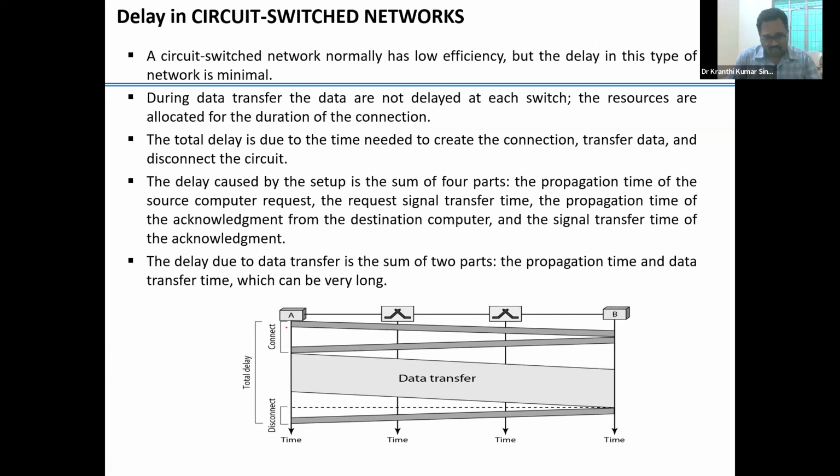See here. In this concept, I want to send data from A to B by using 2 switches, switch 1 and switch 2. In this case, this is the connect phase, this is the data transfer phase, and this is the disconnect or connection release phase. In this combination, for connecting